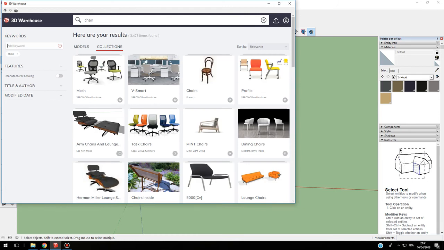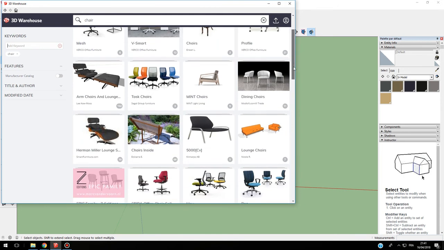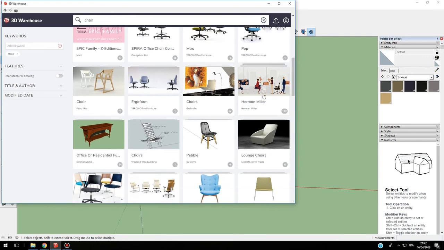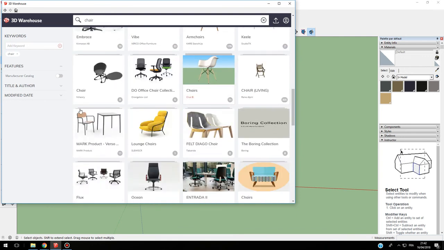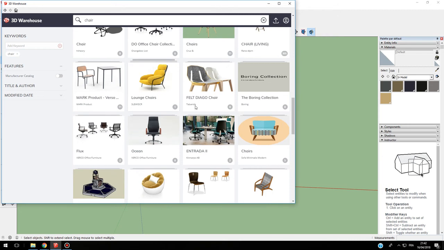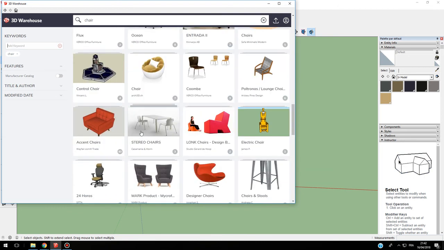It's normal, chair is very useful, and we can see all those things. And to show you, you can see that a few chairs are very real. I'm going, for example, to take these accent chairs, double click,